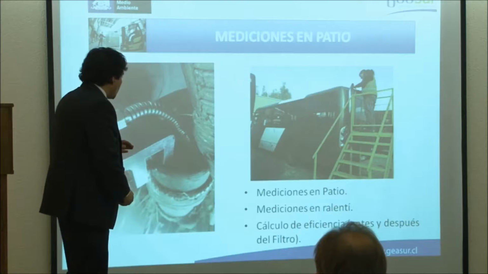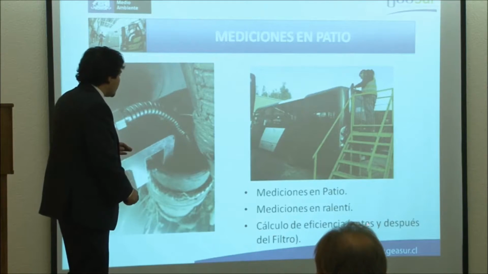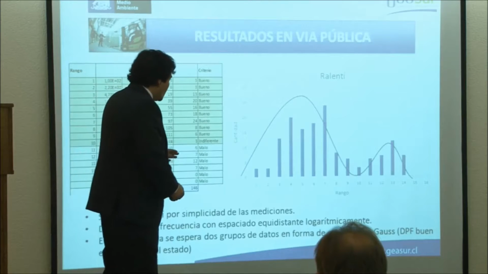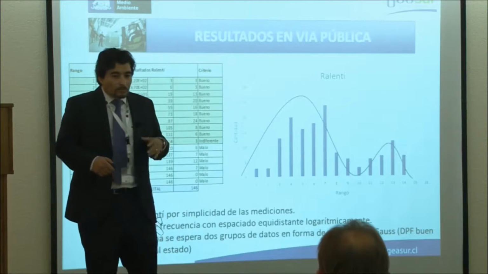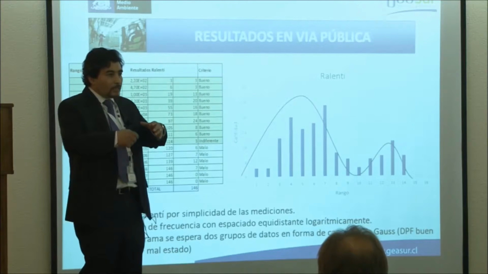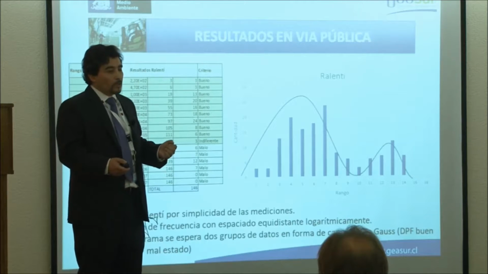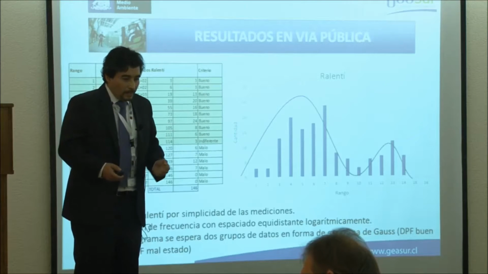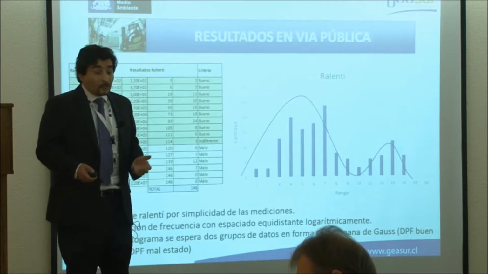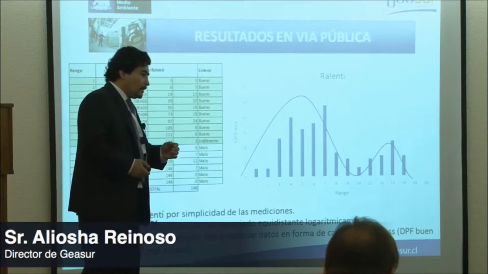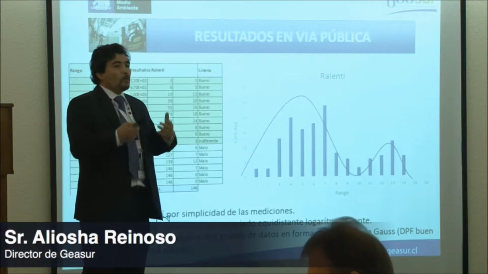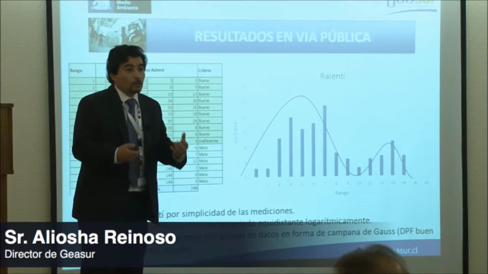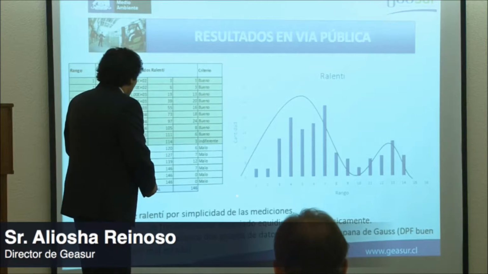We also do these other types of backyard measurements, as we could call them, whose objective is to calculate the efficiency with the measurements before and after filtering. Here you can see the results. I have to say that these results are being debated with the team, with the agency team, and also with the air quality team from Switzerland, because we have the challenge of seeing how we can use this equipment to detect low efficiency filters with imperfections or malfunctions.